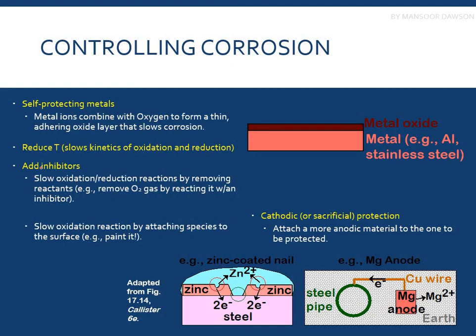You can add inhibitors by chemically alloying them in your metal or alloy. What they do is they have a tendency of having a very high resistance to the corrosion itself. All right. Or you can just paint your material, which is very cheap and a very common way of protecting any surface. Or you can do a cathodic protection.